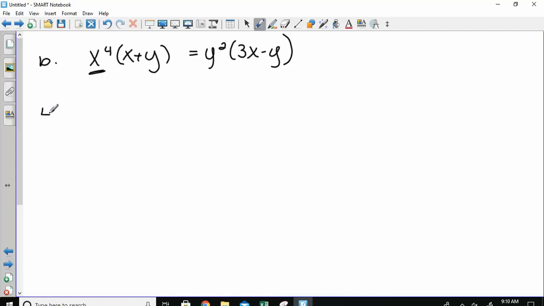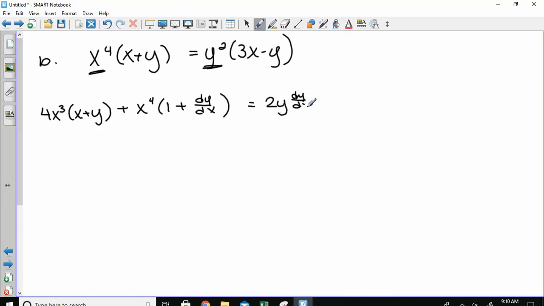So derivative of the first would be 4x cubed times the second plus the first. Derivative of the second. What's the derivative of x plus y? Equals. Derivative of the first. Derivative of y squared would be 2y dy dx times the second plus the first. Derivative of the second would be